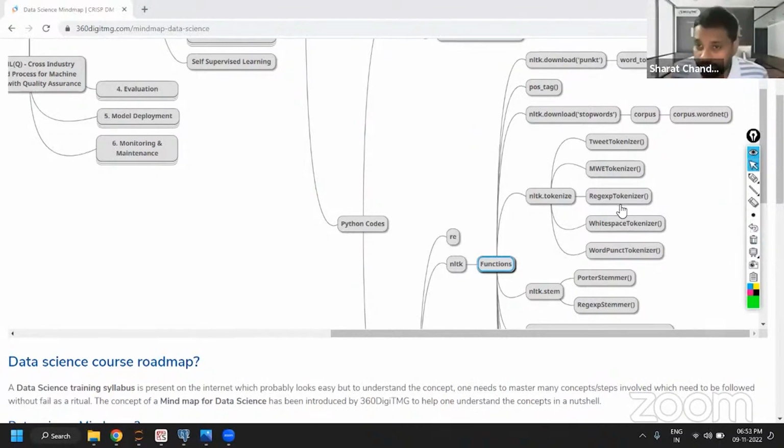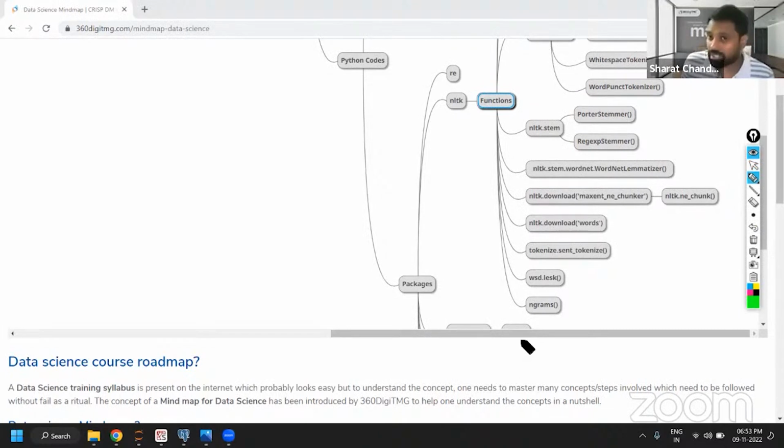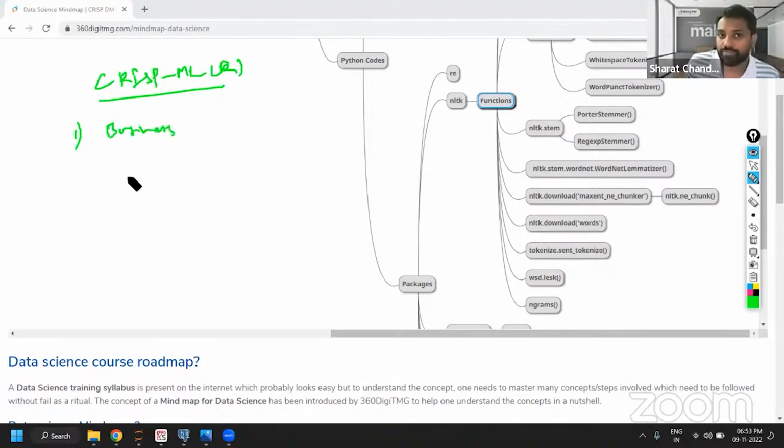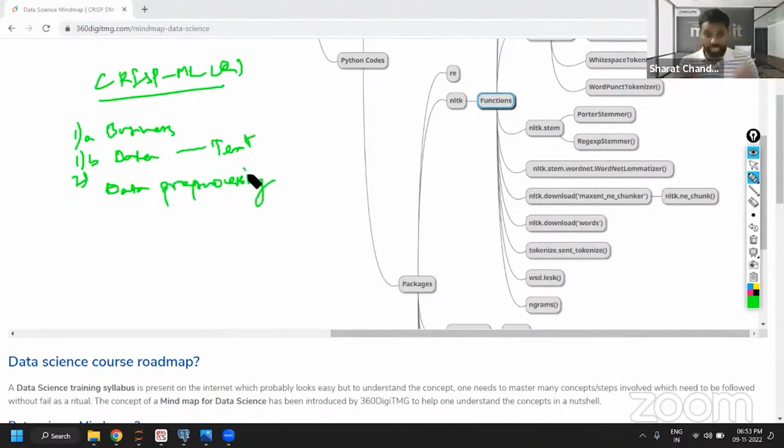Okay. And we basically don't have a specific order to these steps. Ultimately, we follow the same CRISP-ML(Q) methodology here as well. You understand the business problem and then try to get the data. What data are you dealing with? Here we are saying text data. Post that, we do data pre-processing. We have seen the chart, right? I showed you that when we started our session. There are a series of things that we will do as part of pre-processing. And once the pre-processing is done and your data is arranged in an appropriate format, that's when we tend to do